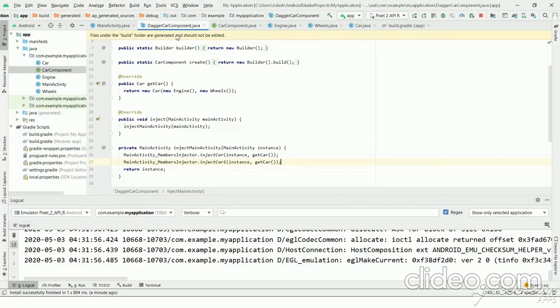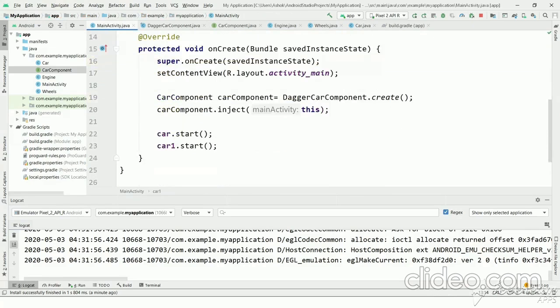So you can slowly understand the implementation of Dagger car component in later videos, and this is how to create a car object in a different way.